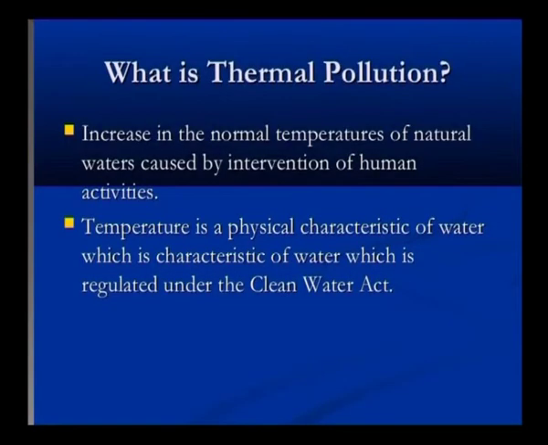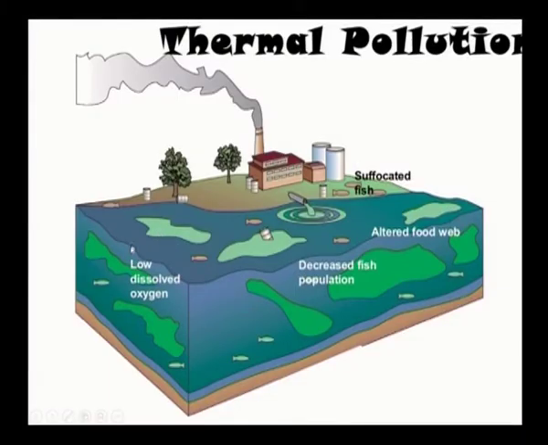Areas in certain parts of the globe are supposed to reflect certain types of temperature. The water should reflect certain types of temperature. Because of some anomalous activity, if this temperature is risen, it is referred to as thermal pollution. Causes and typical ways we see thermal pollution as an effect: suffocated fish, altered food web, decreased fish population and